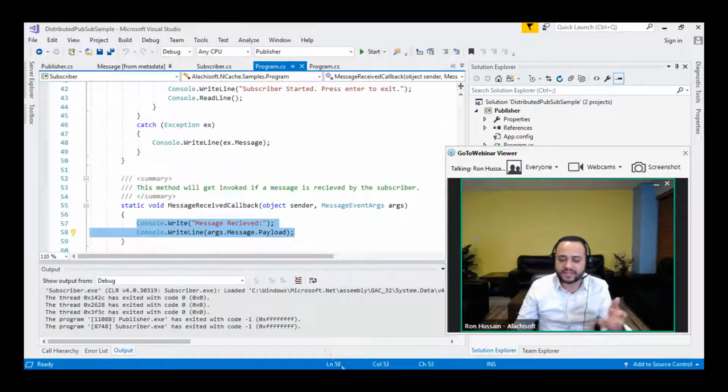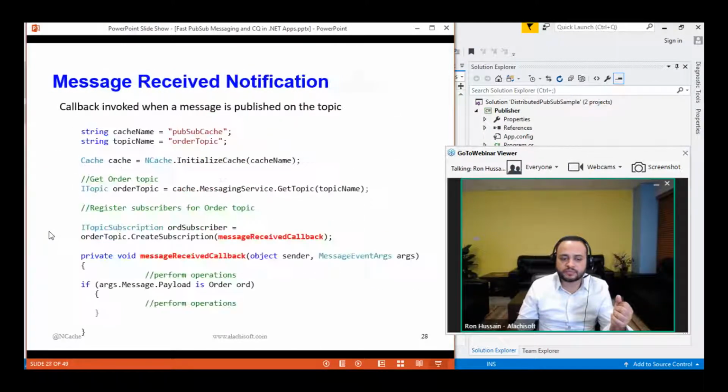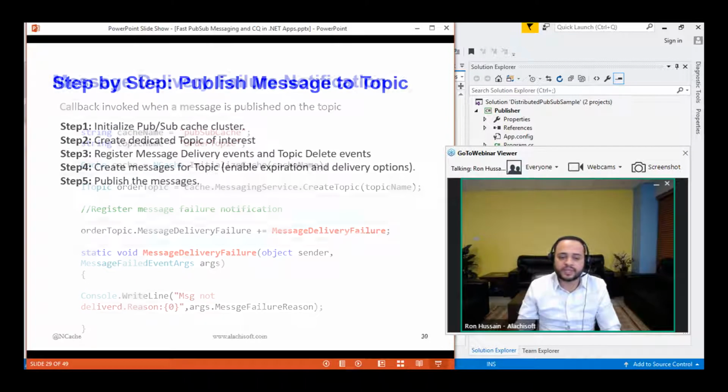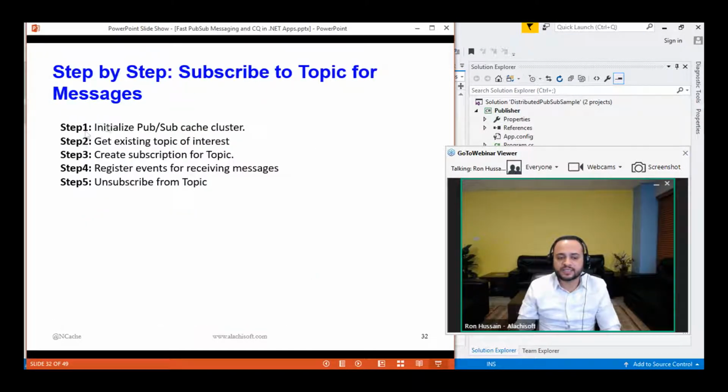We have a pretty detailed help document available around PubSub. The step-by-step guide covers creating a message, creating a topic, getting connected to the topic, and then publishing the messages. And on the subscriber side, set up a callback and then get the subscription done by connecting to the topic again. So this is step-by-step publishing,